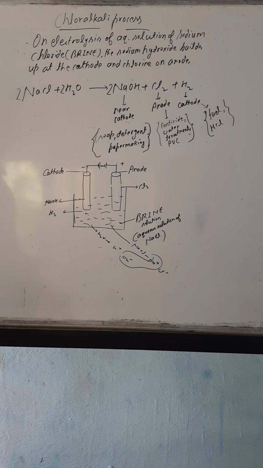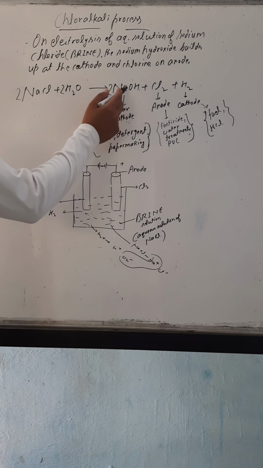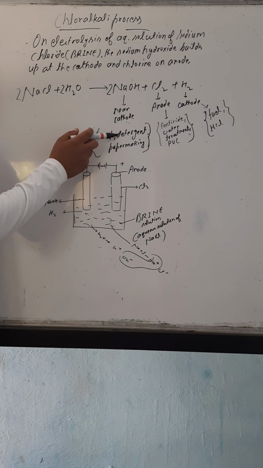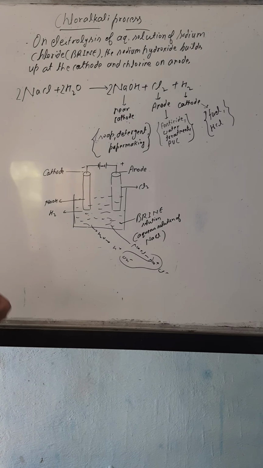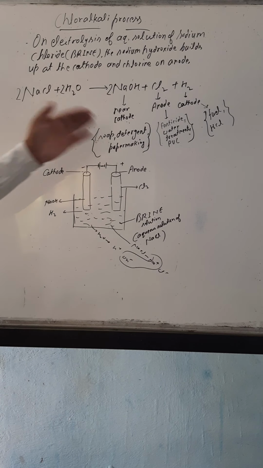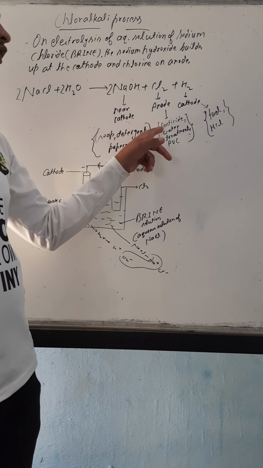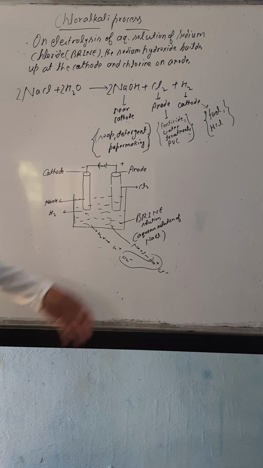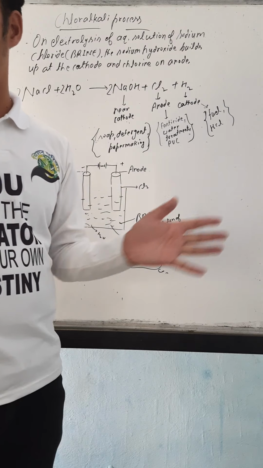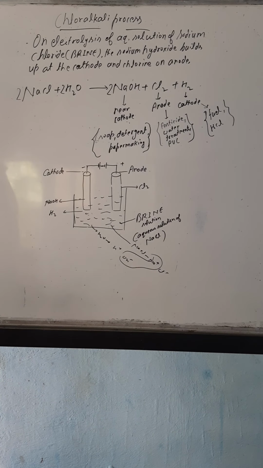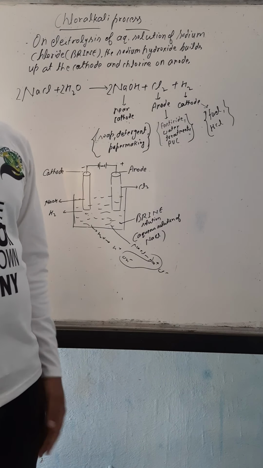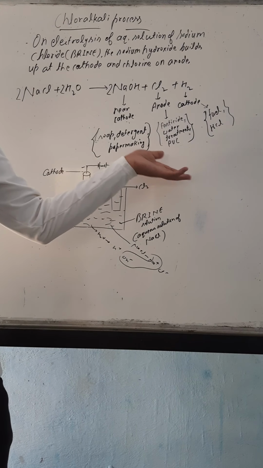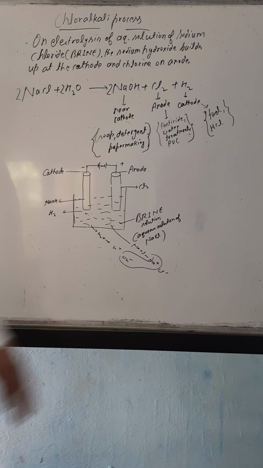Okay. Now if you see their uses, sodium hydroxide, also known as caustic soda, is used in making soap, in making detergent, and in paper making also. Similarly, chlorine gas is used as a pesticide, a germ killer. We use it for water treatment also. Some germs are there in the water, so to kill those germs we use chlorine gas. It is also used in making PVC, polyvinyl chloride.